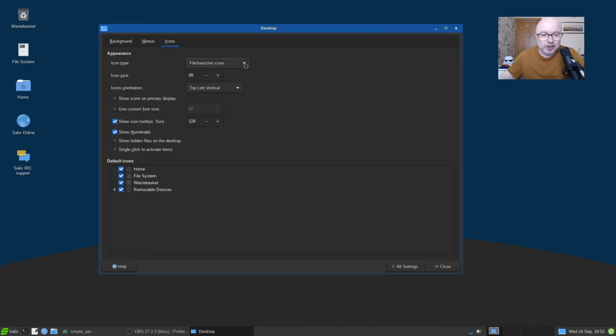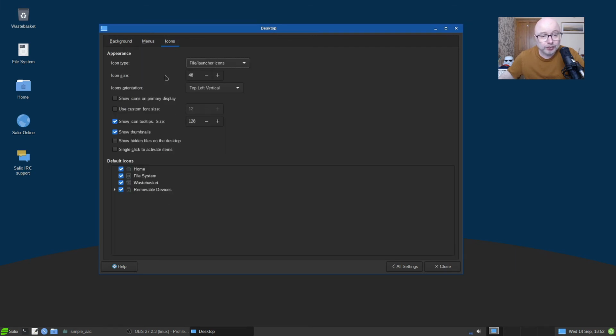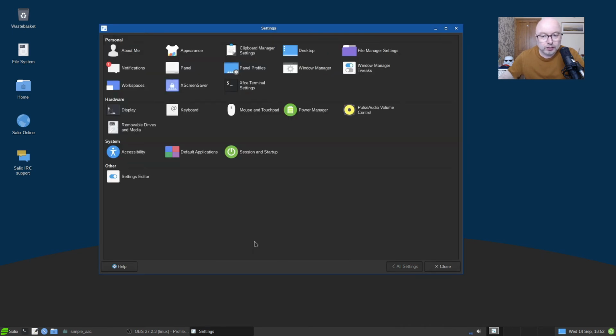Icons, you can choose your icon themes and the size of your icons. You also get to choose show thumbnails here as well. Default icons are the ones that you see on the desktop there. That's all nice. If we go back to all settings,